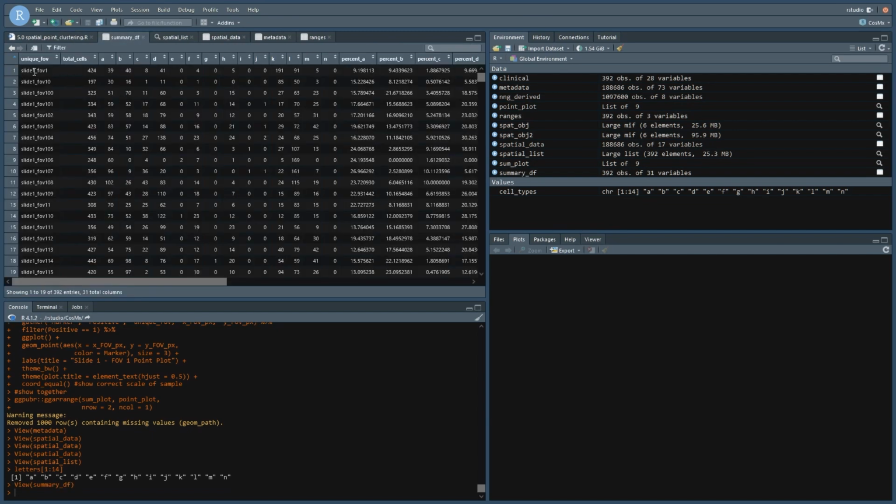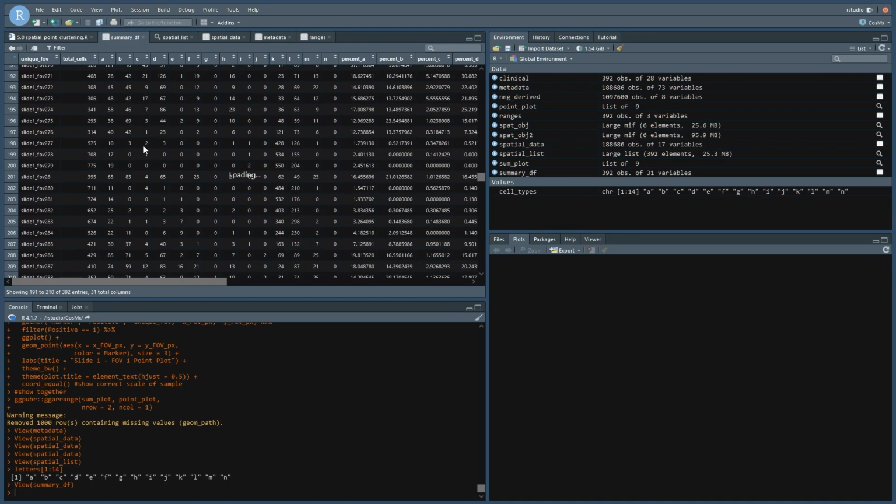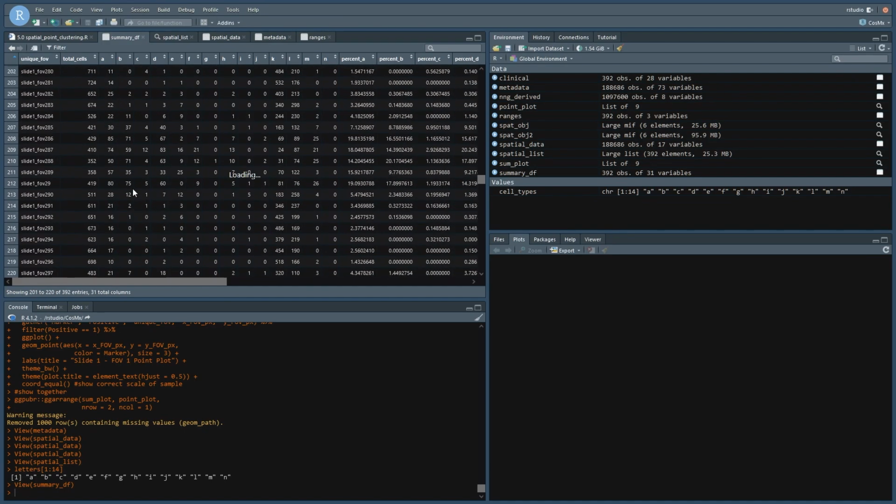So you can see here, slide 1, FOV1, we have 424 cells in total. 39 of the 424 are cell type A, which comes out to be 9.2% of those cells. We can see the distribution for all the different cells, and N is that very rare one. It looks like G is very rare as well. But we have a row for each one of our samples, our fields of view, that we have our Cosmics data for,